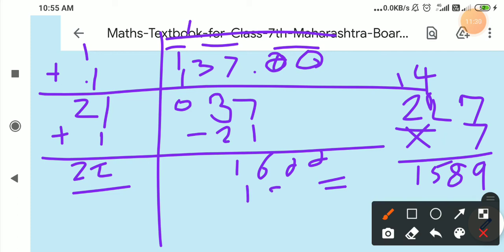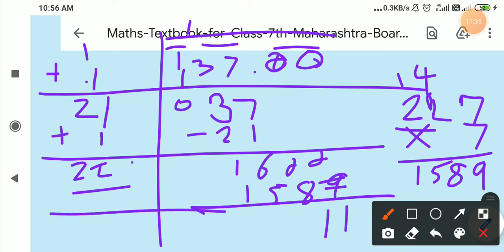So we have to take here 1589, and when you solve this you will get remainder 11. Okay, and here we have to take 9, here we have to take 11 point, here we take now 7, and here we have to take 227 plus 7 is equal to 234. Here it is 11. So in this way, when you solve this example, you will not get the answer of this, meaning you will not get 0 here.